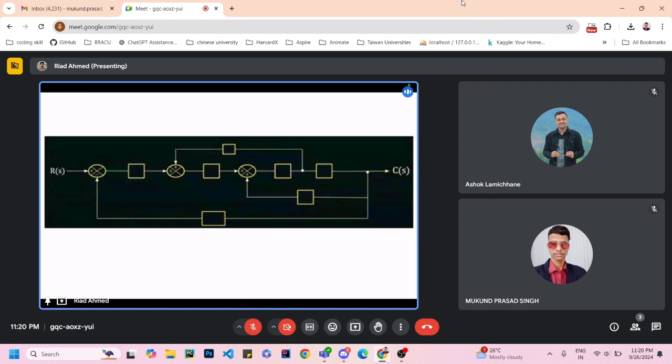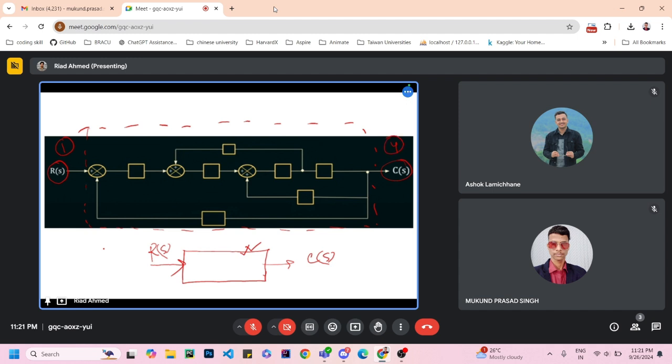Okay, so as you can see, this block diagram has several blocks in it, right? But your task is to reduce all of the blocks to a single block which can represent the same thing. Let's say the task is to convert this whole diagram to a single block, so that you will give your input on this side. This is the input and this is the output, and you will pass the input in this side, and you will have the output in this side. And this block will work in such a way that if you give one as an input and you get four as the output from this diagram, then this single block